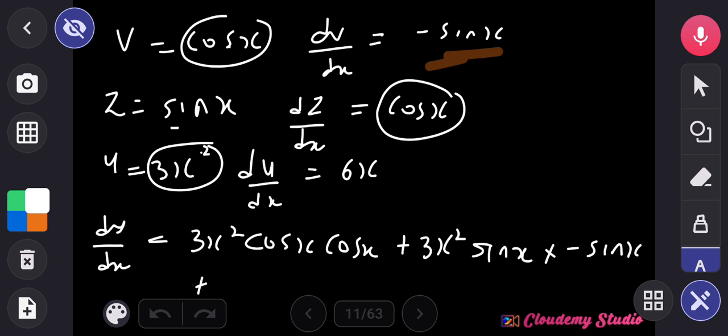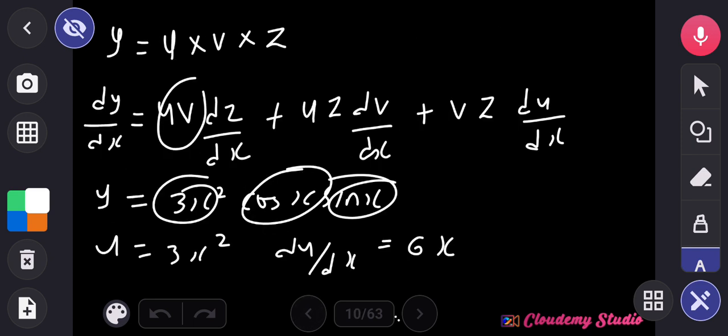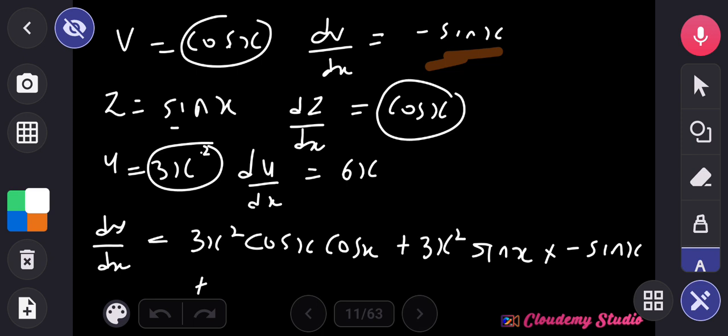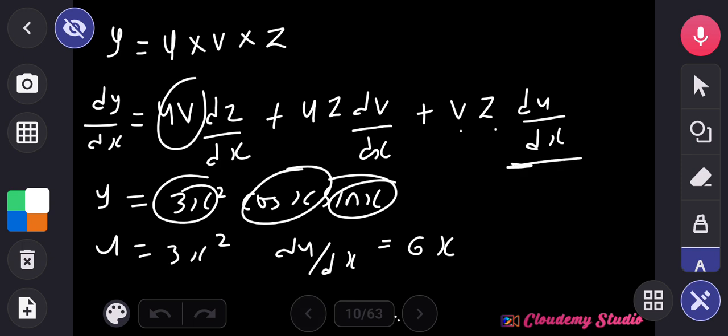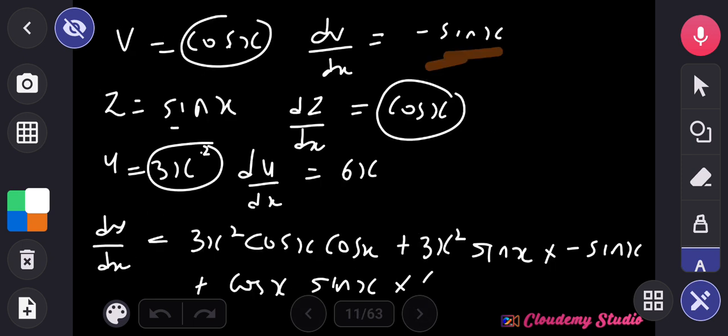Plus the next one is what? The next one is vz. What's our v? Our v is cos x. Our z is sin x. And our du upon dx is now equals to multiplied by 6x. So the next thing we can do here is that we can rearrange. Cos x multiplied by cos x will give us cos squared x. Sin x multiplied by sin x will give us sin squared x. Therefore, our dy upon dx will be equals to